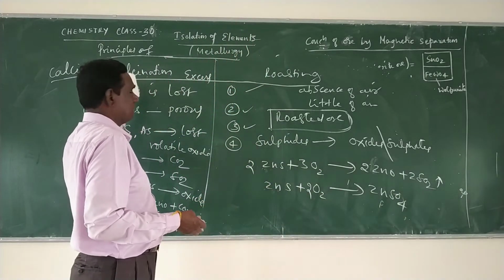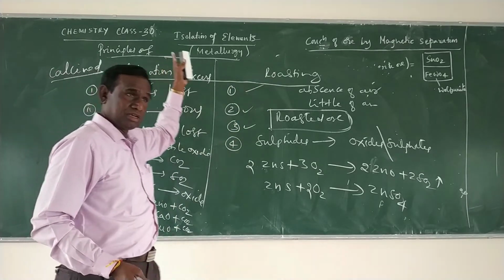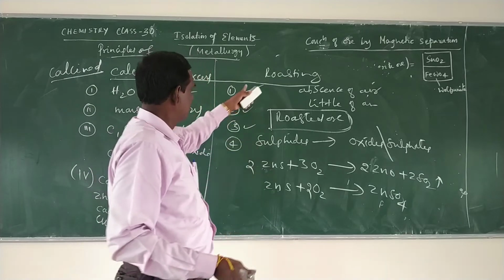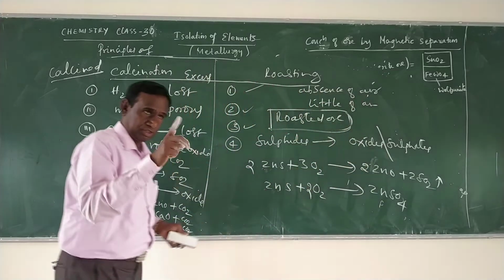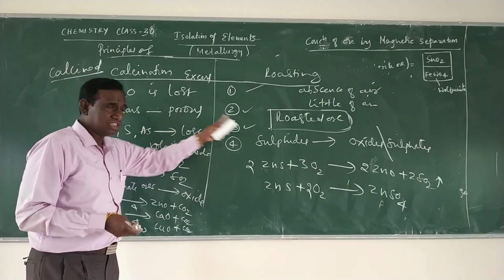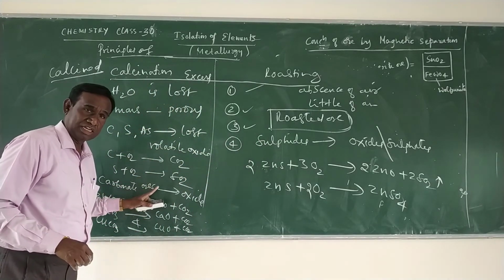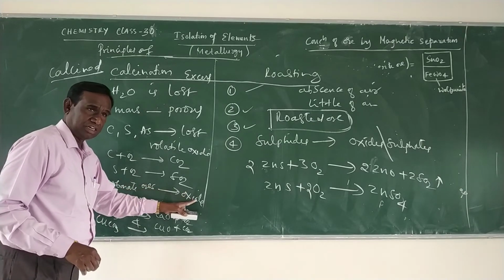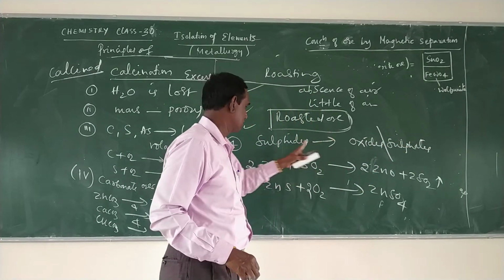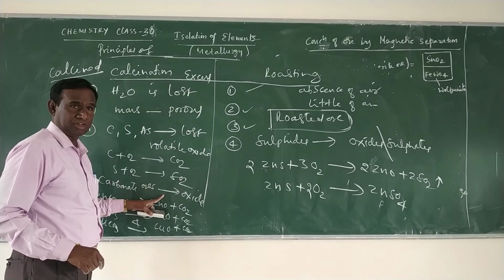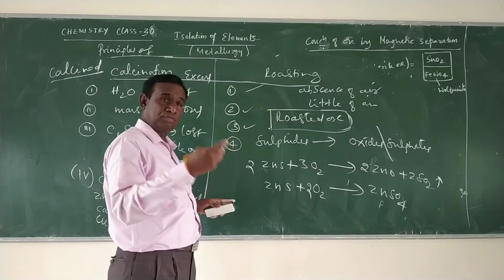So what are the differences between calcination and roasting? Two more questions are there. Calcination is a process of heating the ore in the excess of air. Here, the ore is heated in the absence of air or limited supply of air. These are the similarities, you should not write them. The difference is the carbonate ores are heated to get oxides. Here sulfides are heated to get what? Oxides or sulfates. That means here carbonate ores are taken for calcination, but sulfide ores are taken for oxidation. So this is how you can write the differences.